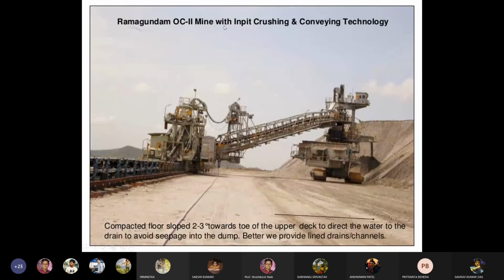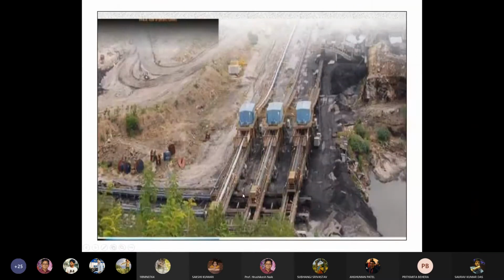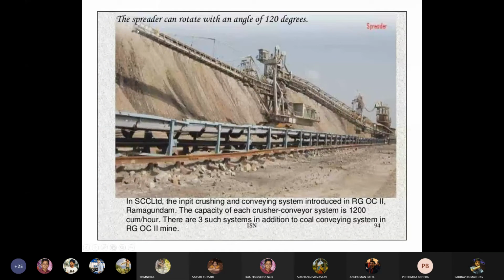In the Ramagundam Open Cast Project 2 mine with in-pit technology, the compacted floor is sloped 2 to 3 degrees towards the upper deck, to direct the water to the drain to avoid seepage into the dump. This is the in-pit crushing technology layout design. This is the spreader, which spreads the material. The spreader can rotate with an angle of 120 degrees.